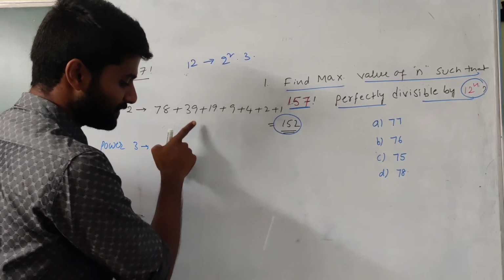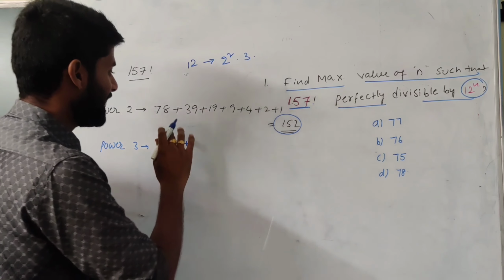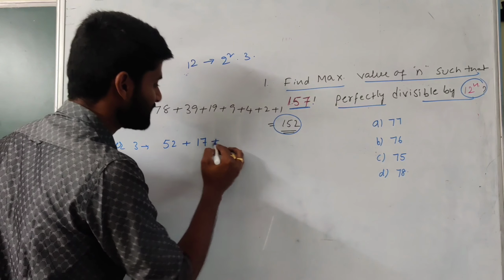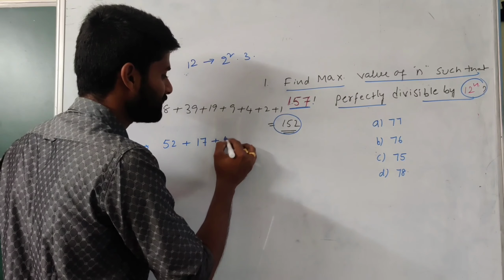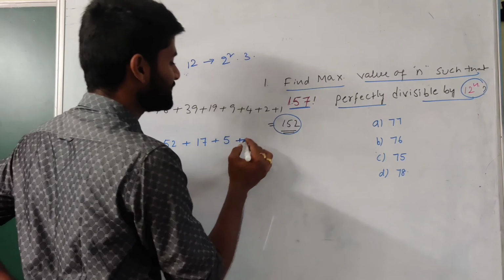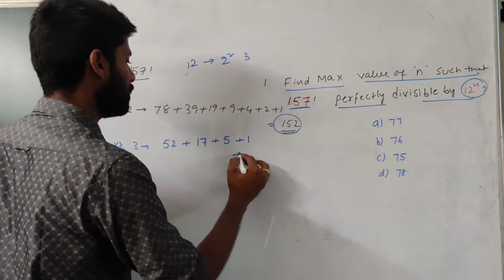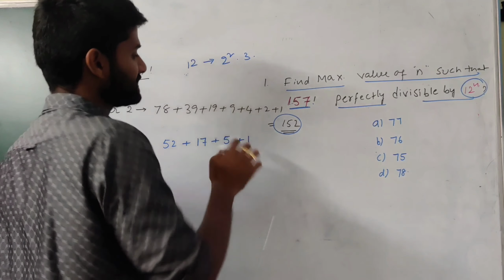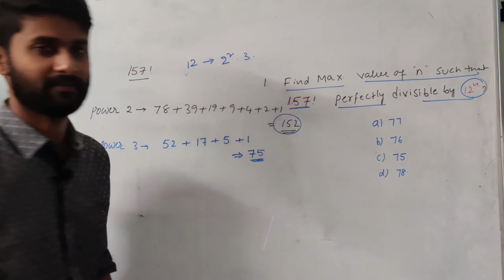See, the maximum power of 3. So 157 divided by 3 is absolutely 52. And again 1/3 of 52 is exactly equal to 17, since 17 threes are 51. Again 1/3 of the previous value is exactly 5. Why? Because 6 threes are 18, that would be excess. And 1/3 of 5 is exactly equal to 1 time only. If you add all these numbers, 52 plus 17 is 69, plus 5 is 74, plus 1 is 75. So this is the required power.